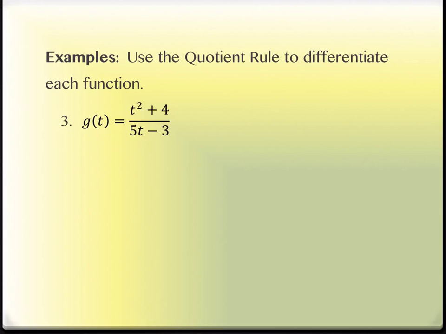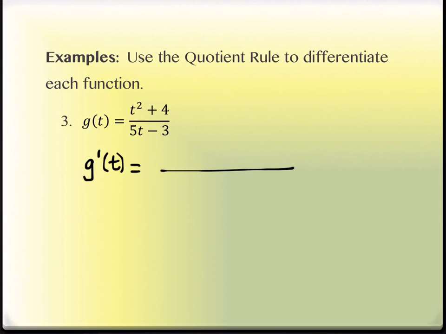Okay, so now let's do one that actually needs it. This problem needs the quotient rule. We don't have an option. There is no other thing we can do. That's not exactly true. There is something else we could do. We could turn it into a product rule, but it would be messy to do that way too. But we can't use simple rules. That's not an option. So we're going to take this one. We're going to use the quotient rule. So the quotient rule says